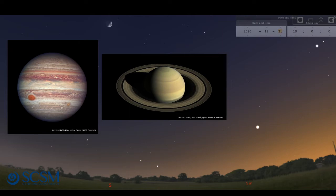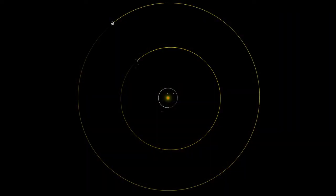Well, remember that the planets all go round and round the sun, kind of like cars on a racetrack, each in their own lane. So here in this schematic, which I've created in Worldwide Telescope, this innermost circle here is the orbit of the Earth, this is the orbit of Jupiter, and this outer circle here is the orbit of Saturn. Now, planets that are closer to the sun move more quickly than those farther away, and so that means Jupiter here is going to move more quickly than Saturn. And that means Jupiter is going to move through the background stars, or move through the constellations more quickly than